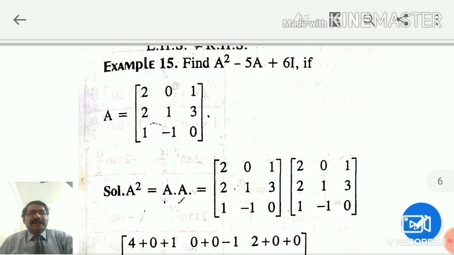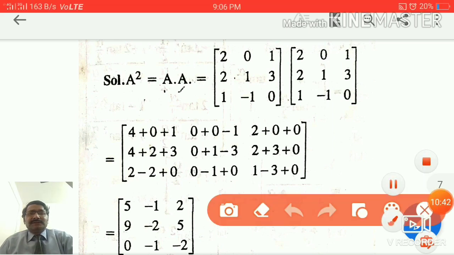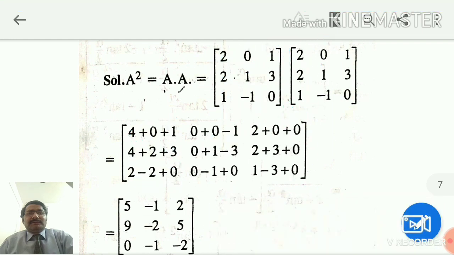Now you have to find A square minus 5A plus 6I, if A is given to you as 2 2 1 0 1 minus 1 1 3 and 0, this column I read. So this is given to you, you have to find A square. A square means A into A you will do, and the same multiplication rules you will apply here: the first row you will multiply by the first column, and you will get this number. The first column you will multiply by the